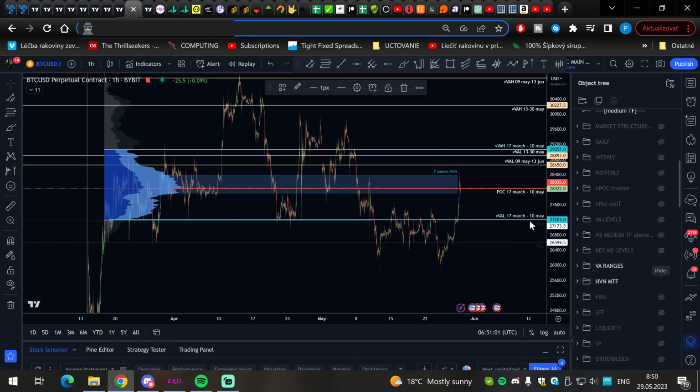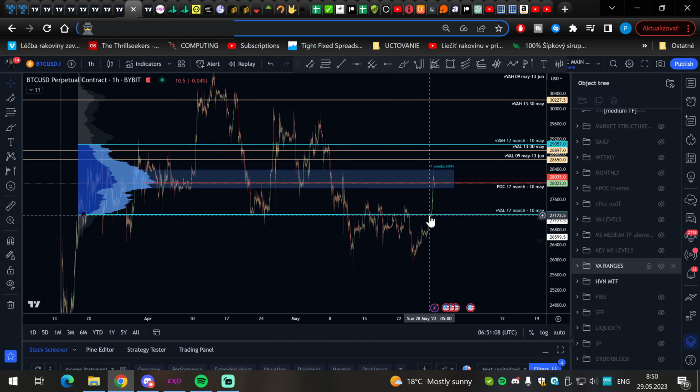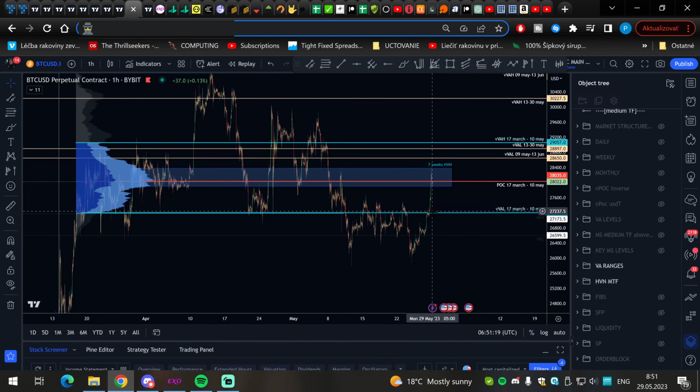So you see what is happening. This place was also a warning for you. If you start pushing up, you are getting accepted into the major range, which is lasting from 18th of March till this moment. So the market was warning you, and you see the next logical target behind the liquidity from the local range, after you left the local range, was the point of control and high volume node. You see how much time we spend in this high volume node, a lot of time,